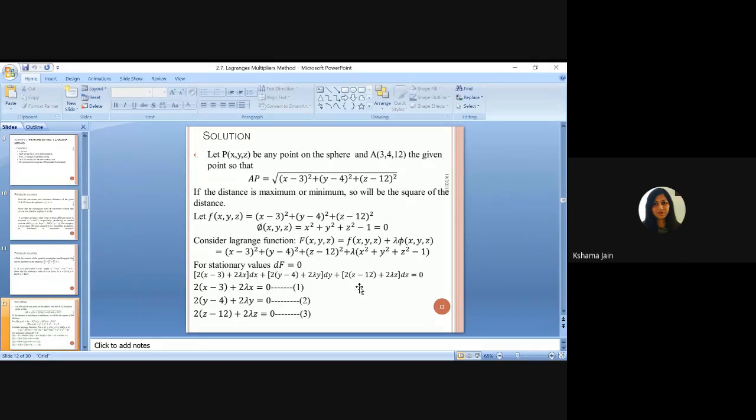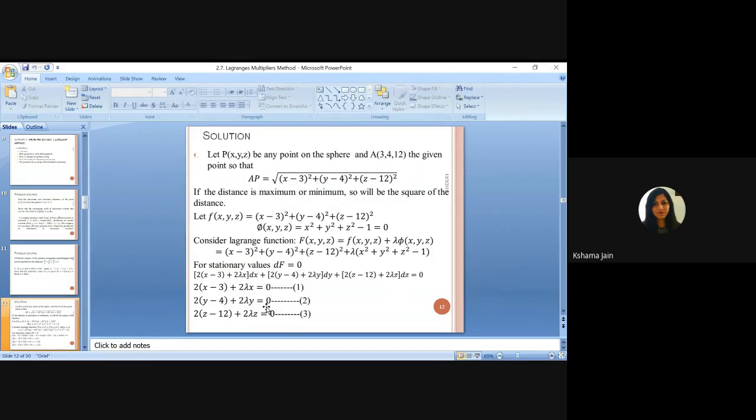Okay. But when we write it together, at that time df equals 0. Df means what? How will you write? Del f by del x dx plus del f by del y dy plus del f by del z dz equals 0. Or otherwise, you need not write this directly. If you see here, directly, I told you, you need to find the first derivative with respect to x, which is this, put it equal to 0. First derivative with respect to y is this, put it equal to 0. First derivative with respect to z, put it equal to 0. If you don't understand it, no need to write this even. For stationary values, directly find the first derivative partially with respect to x, then y, and then z, and put them equal to 0.